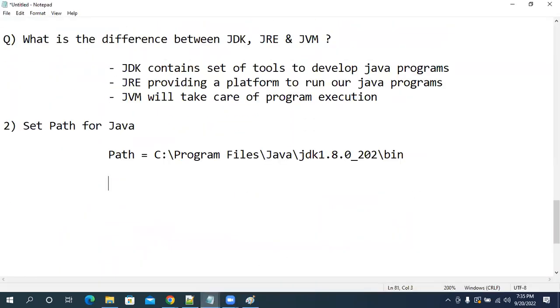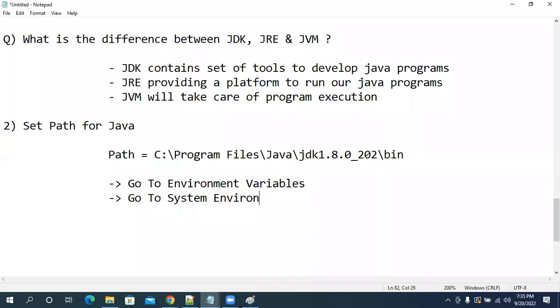Go to environment variables, go to system environment variables, edit Path, add the JDK bin path. So with this, our path setting is completed.